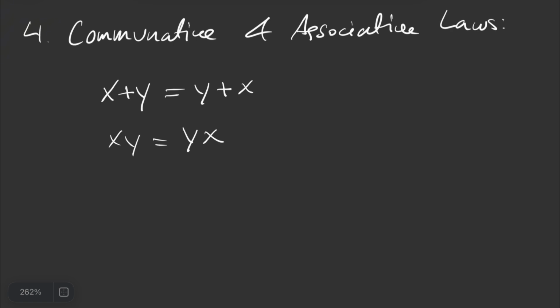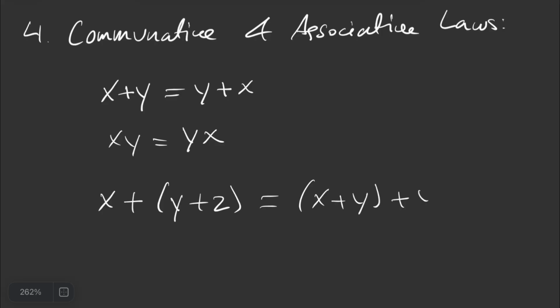This also applies in other forms, for example, x or y or z is going to be the same as x or y or z in any grouping. So basically, the commutative and associative laws take precedence over brackets. It doesn't matter, right? So, for example,